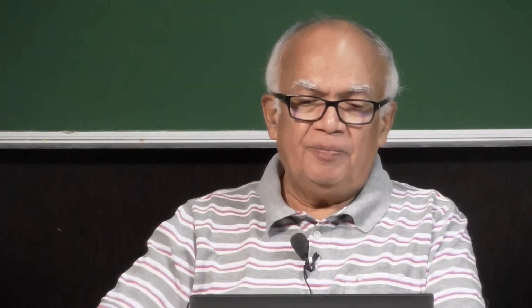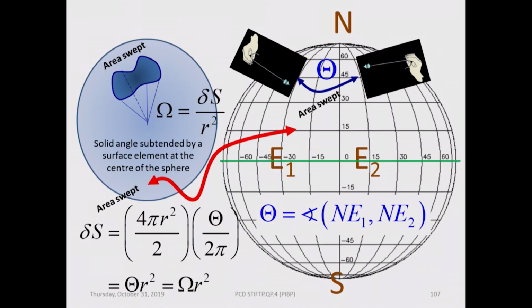That surface area, you are in the northern hemisphere, right. So, the area of the sphere is 4 pi r square, right. On the northern sphere you have half that area, which is 4 pi r square by 2, and the angle that you are looking at is the fraction theta over 2 pi of this. So, the area swept will be 4 pi r square by 2 multiplied by theta over 2 pi, right. That will be the angle,